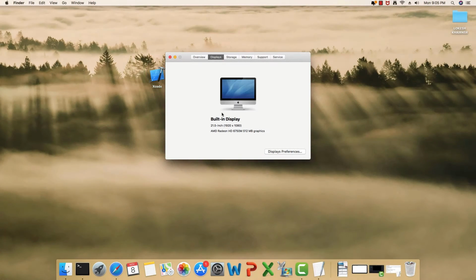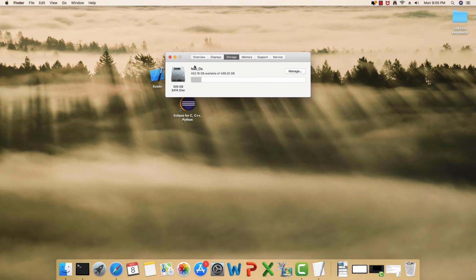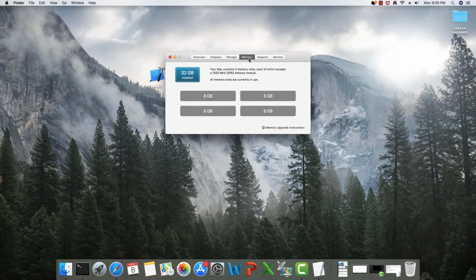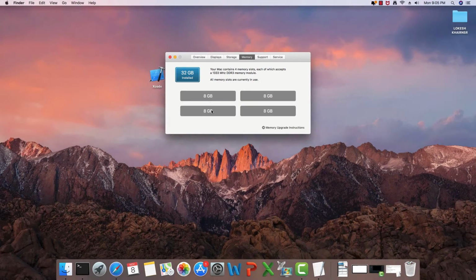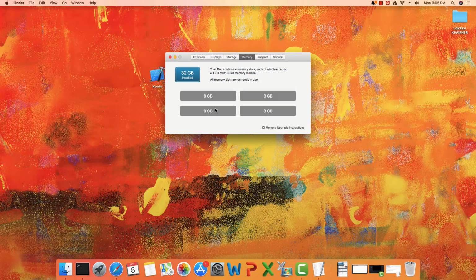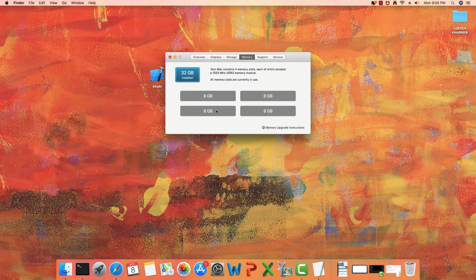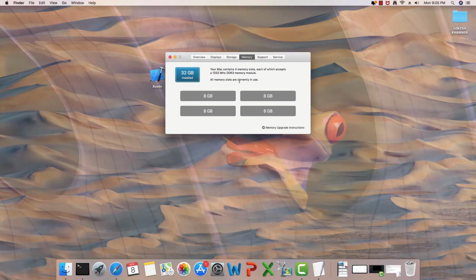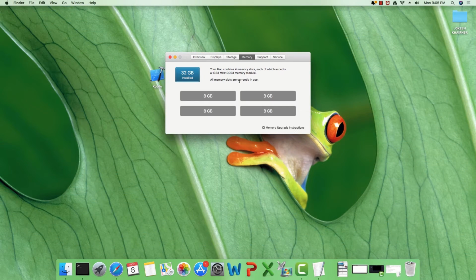Now it has got a default display and this tab actually explains the storage. Now let us have a look at the RAM. It has got 4 slots of RAM and each slot has got a 1333 8GB DDR3 RAM memory chip. And all the memory slots are currently in use. The specialty of Macs is that we can upgrade many models.